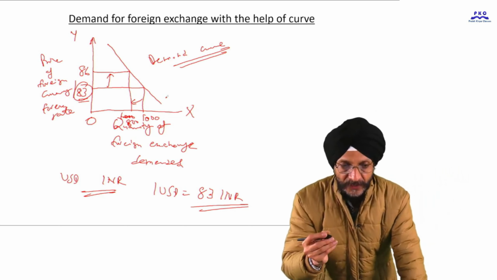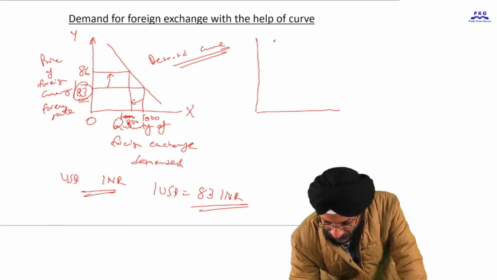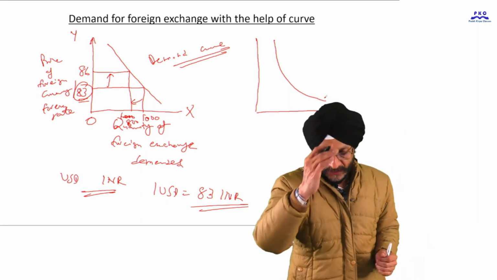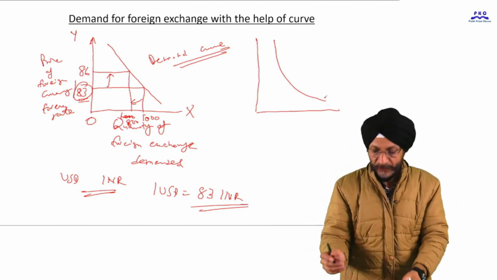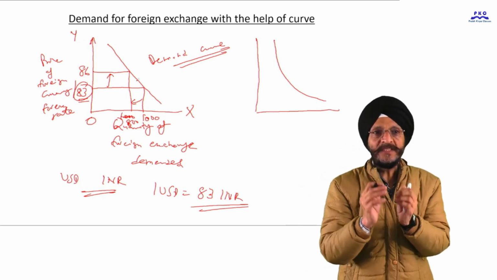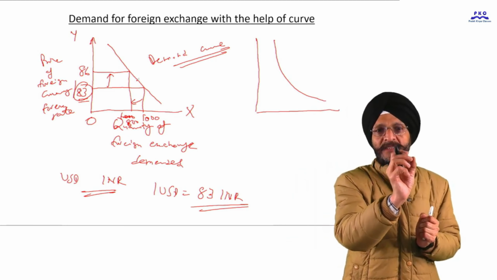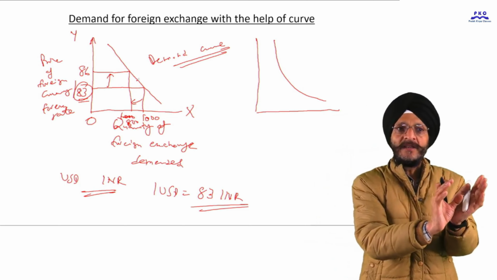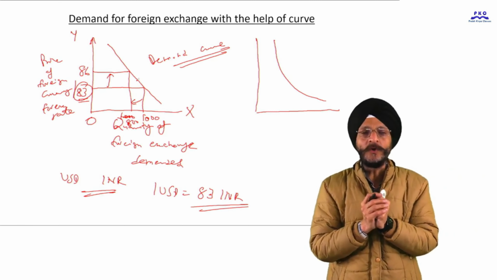But in reality, the demand curve may be in this form. It is somewhat in the form of a curved line. If we keep the demand curve in the form of a straight line, it means that for every proportional increase in price, there will be a proportional decrease in demand. But it does not always happen so, because